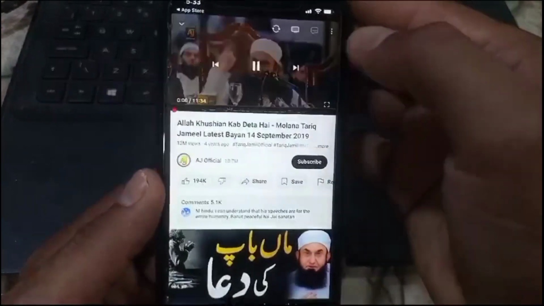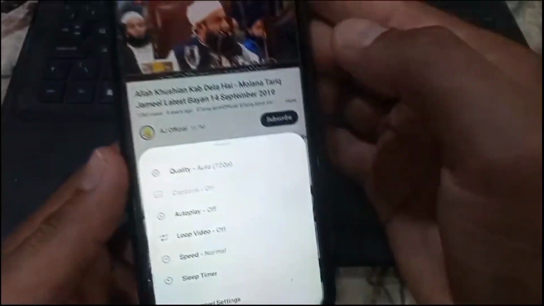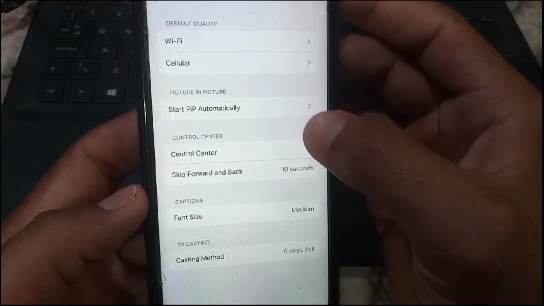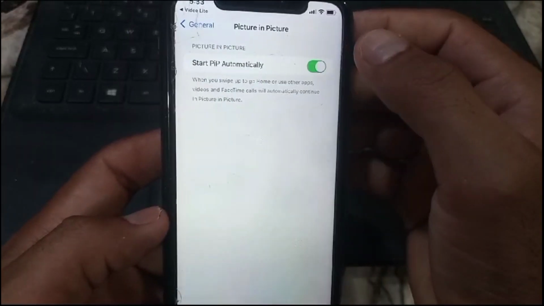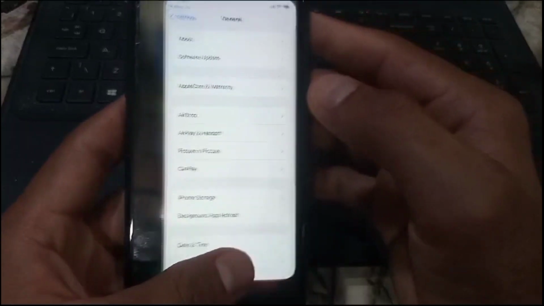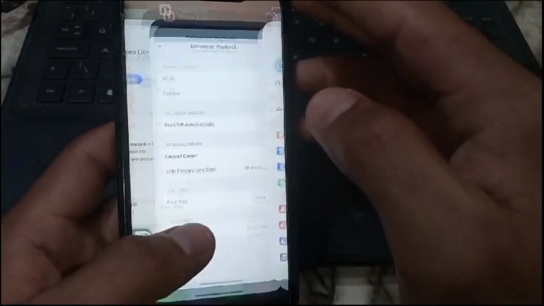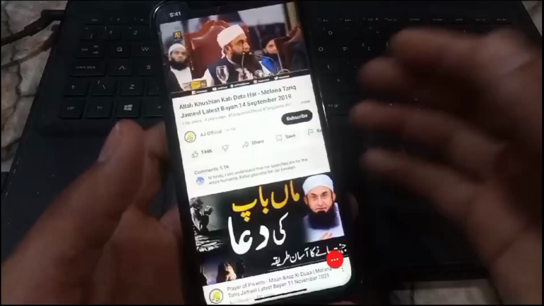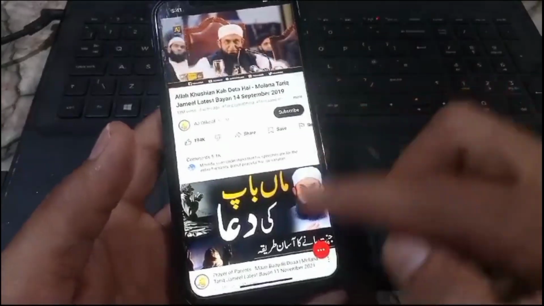Now guys, simply tap on the three dots and then tap on Advanced Settings. You can see now, guys, the option to start PIP automatically. Tap on it. It means picture in picture. Simply turn it on from here. Now close this window. Now guys, simply tap on it and in this interface